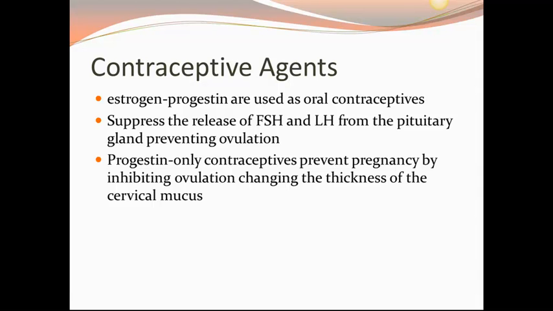Contraceptive agents, estrogen and progesterone, are used as oral contraceptives. They suppress the release of the follicle-stimulating hormone and the luteinizing hormone in the pituitary gland, preventing ovulation. That's the estrogen part. The progesterone is a contraceptive that prevents pregnancy by inhibiting ovulation and changing the thickness of the cervical mucosa. So progesterone also increases the thickness of the cervical mucosa, preventing pregnancy, but it also